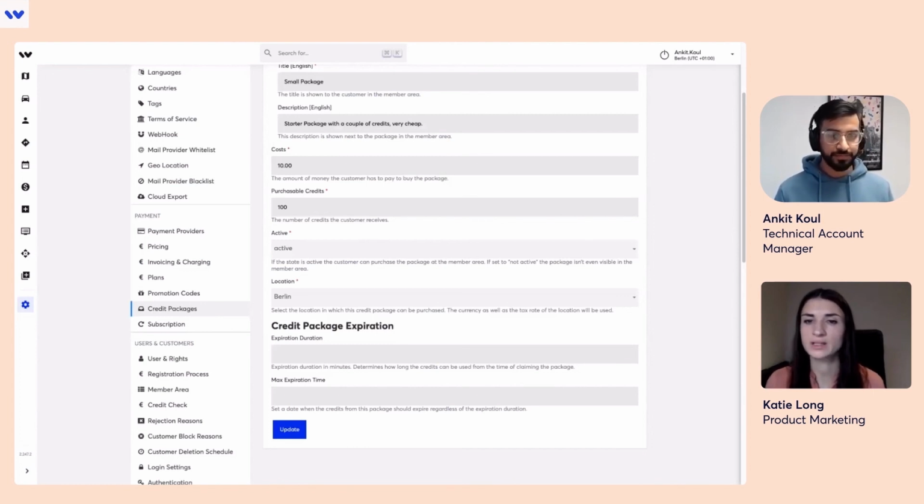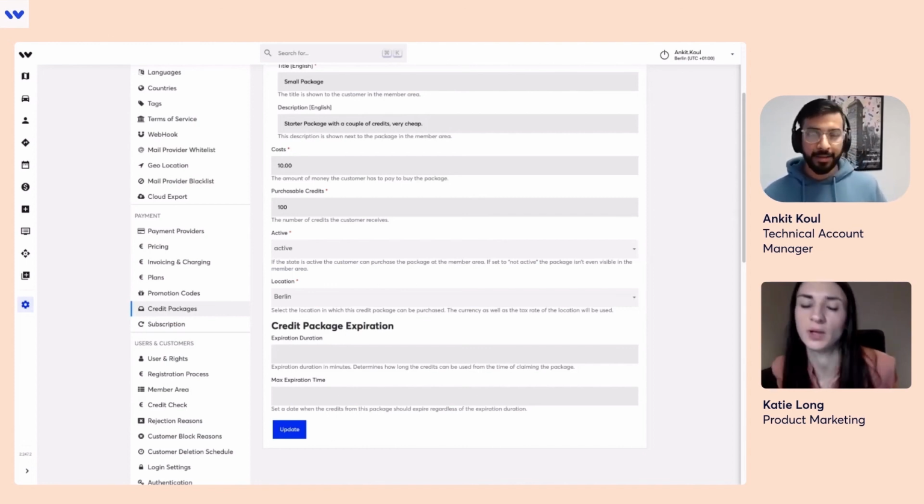The operator can decide how much a credit is worth. For example, 1 credit or 10 credits is worth 1 minute of e-moped riding, for example. Yeah, the operator can decide, but that's automatically decided by the minute pricing, actually. So if you say that I have a pricing of 10 euros per minute, then you already know that your one credit costs 10 euros, right? Okay, so you can recognize that it's linked to the pricing model.